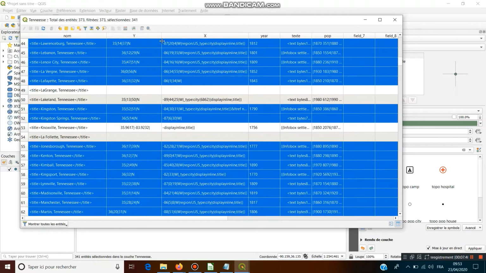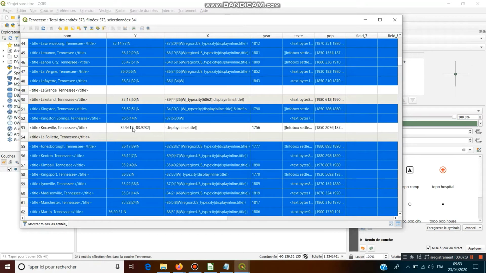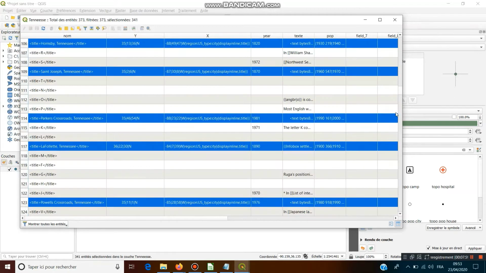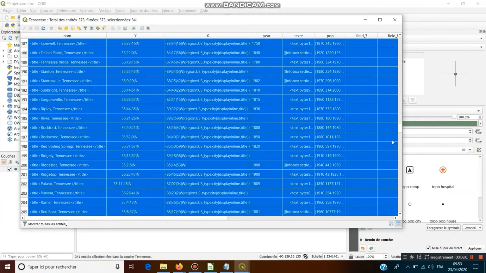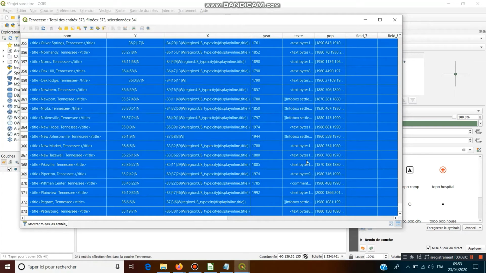Here there are decimal coordinates, so we must change these coordinates to fit on the table.